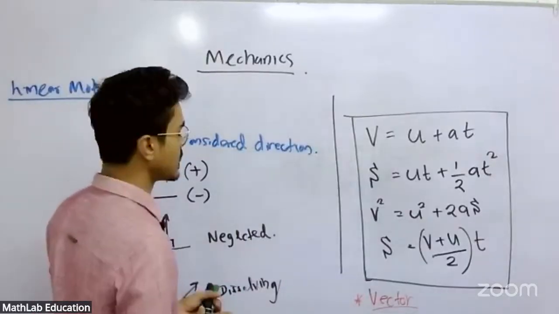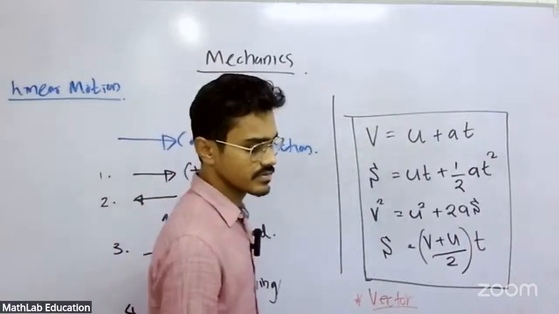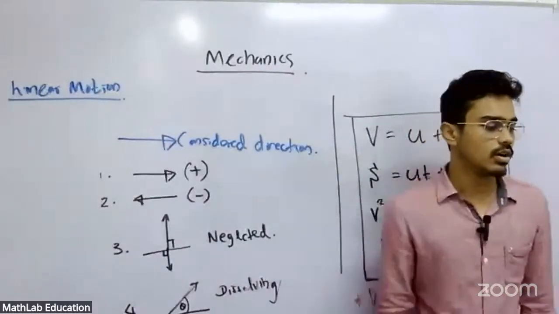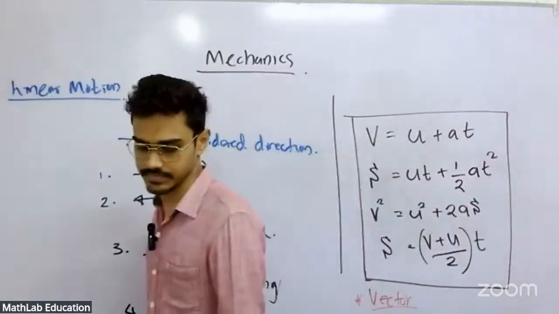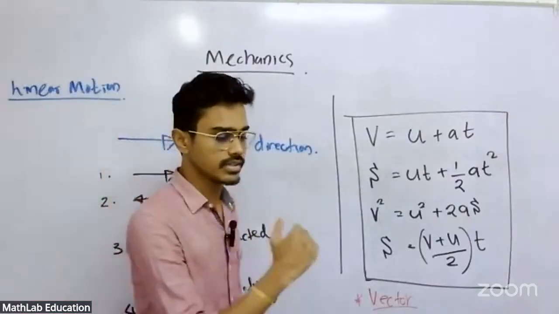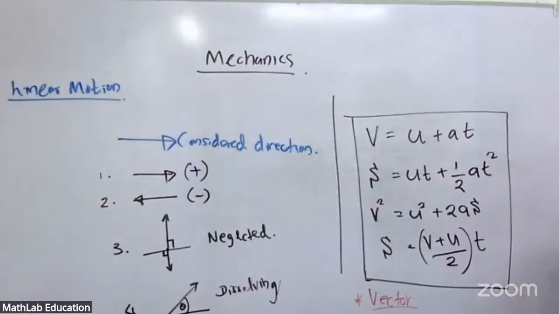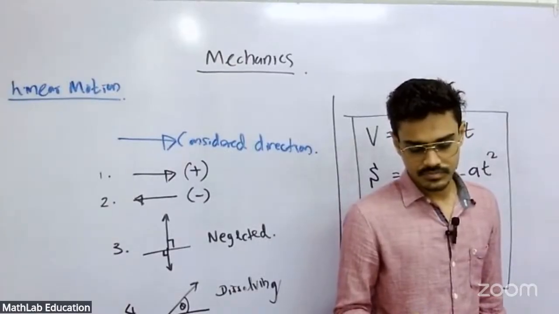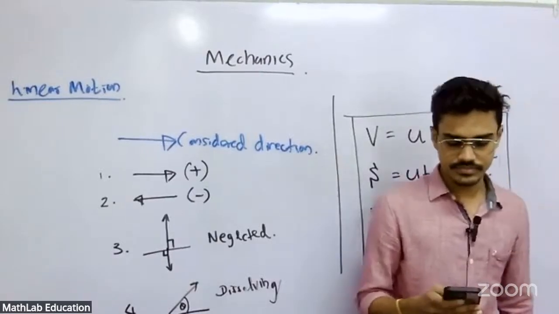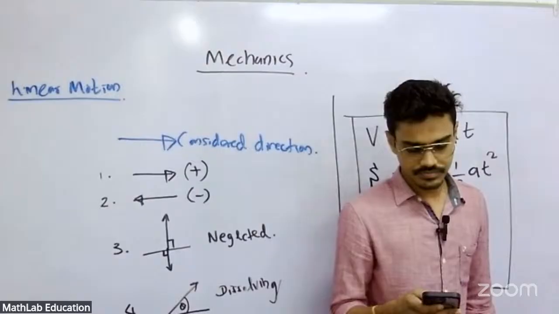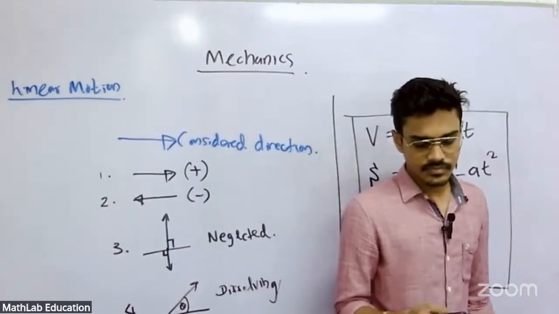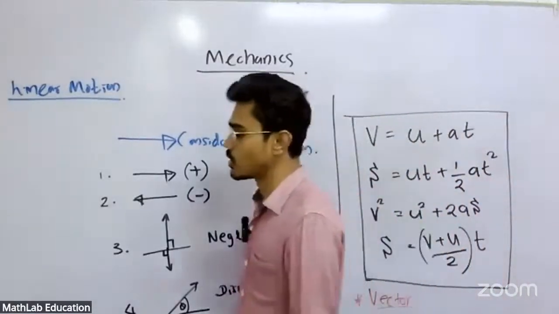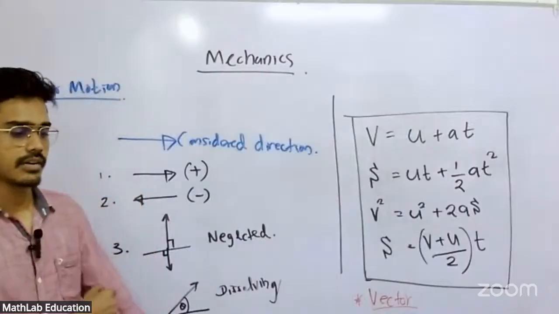Write down one by one, using the normal color. First one: all vectors acting along the considered direction are considered as plus. Second one: all vectors acting along